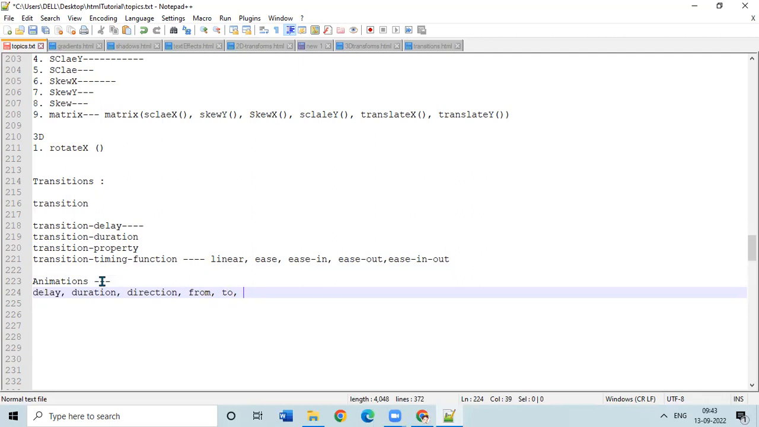Okay, and from, to, and percentages also you can give. For suppose at the starting point 0% I need some style, after that at 10% I need another style, after 20% I need another style. I want to apply some background color, and also fill mode, animation, everything it will be